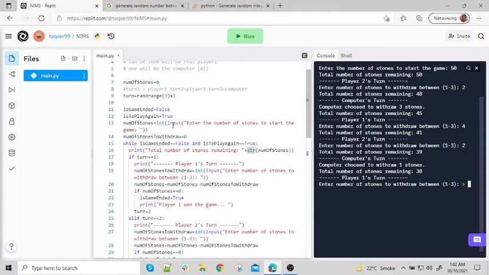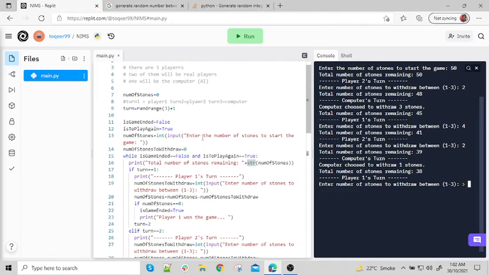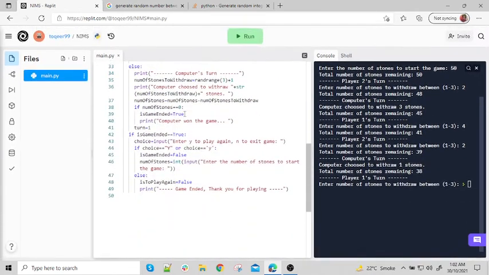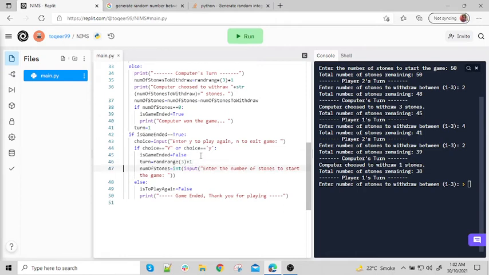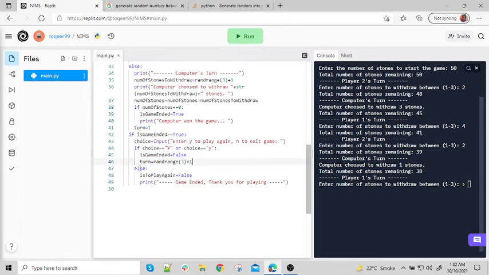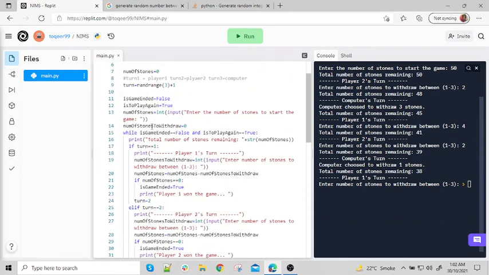So this is the turn-taking player, and I will put this code here as well, because we are going to choose the player randomly. Let me remove this code from here.